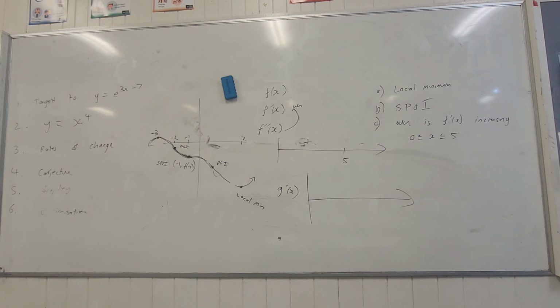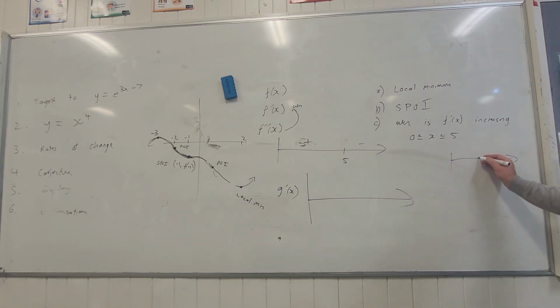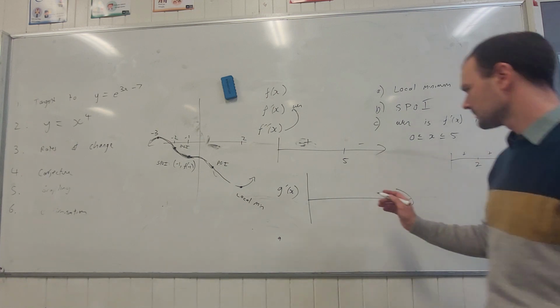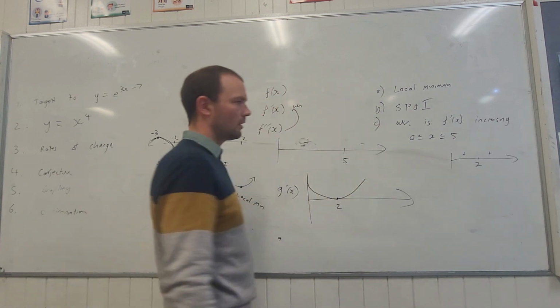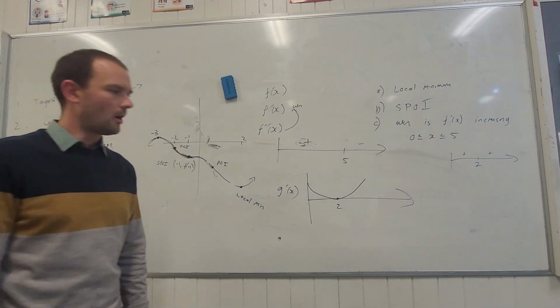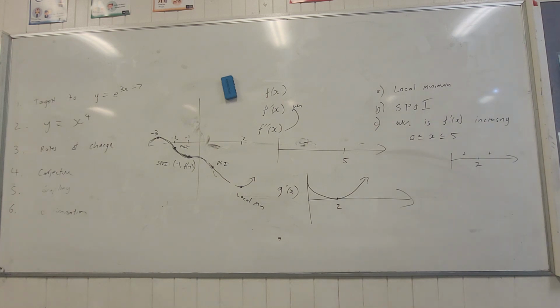So if we look at the function g(x), we can see it's increasing until we get to 2. I'll draw the sign diagram first. It's increasing until we get to 2, then it's increasing again. So what that means is it's going to be above, and it's going to touch at x is 2. You might be tempted there to just draw an arrow saying, yep, and now it just continues. But